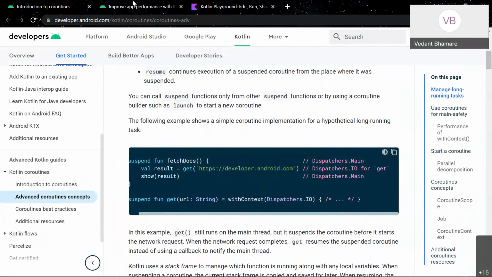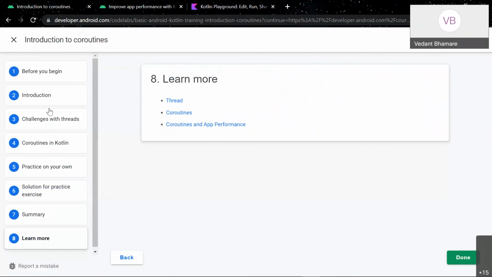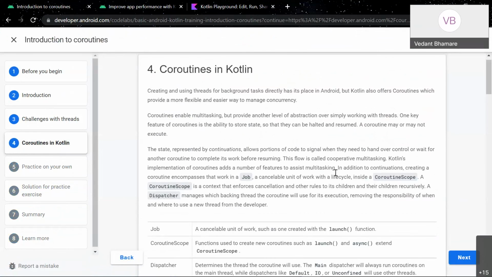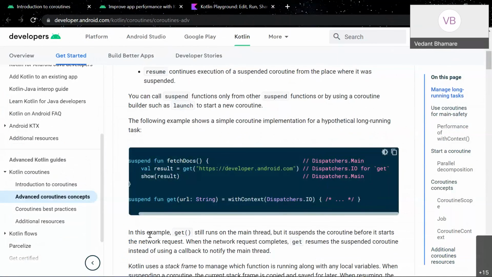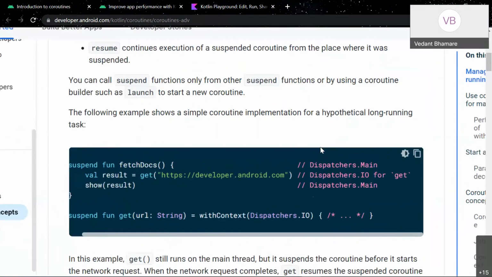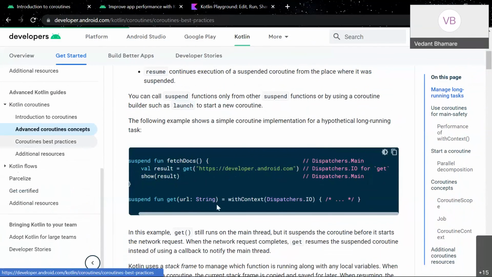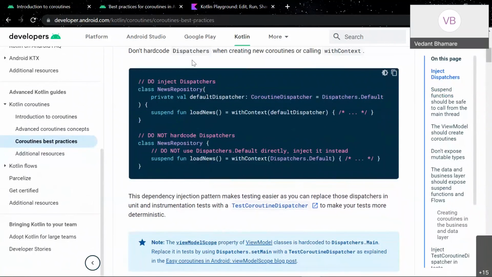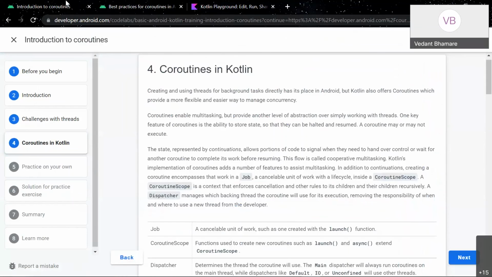Default is whatever the default thread is; if it is the main thread, the UI thread, then it takes that. So instead of Main, you can also write Default. That is about dispatchers, and you can also read about best practices and how to use them responsibly. And yeah, I guess that was it.